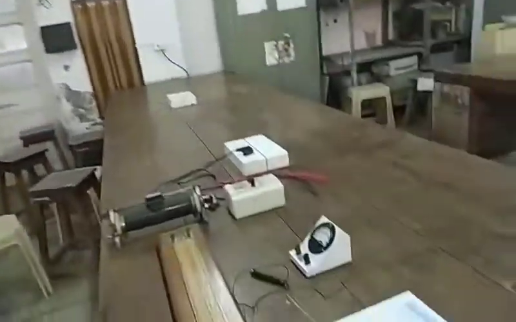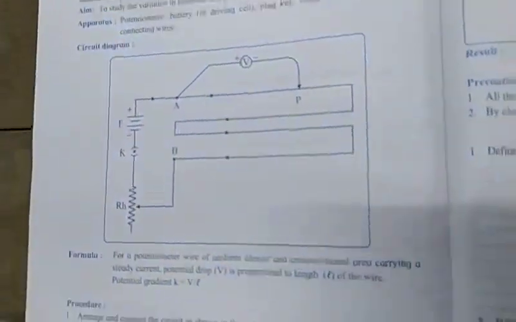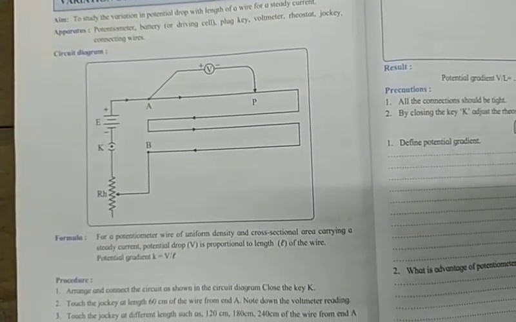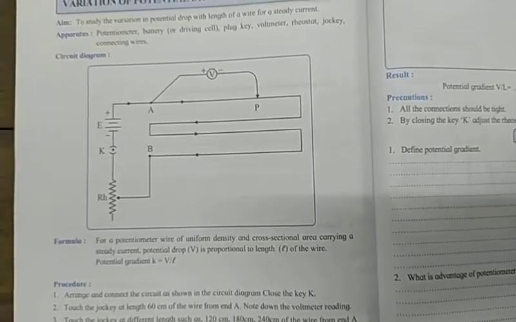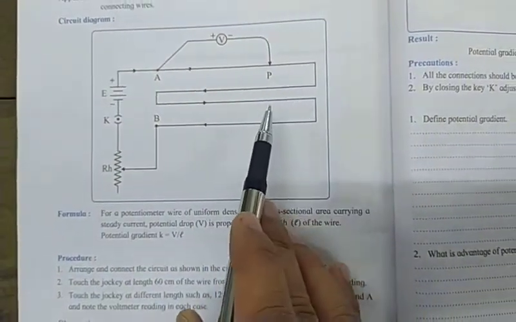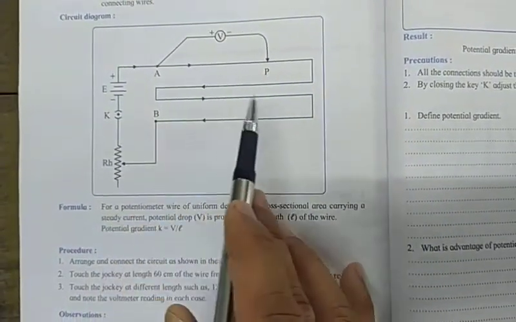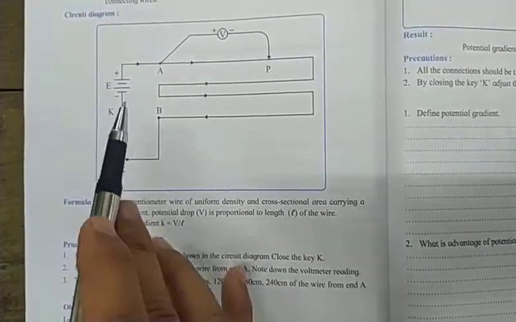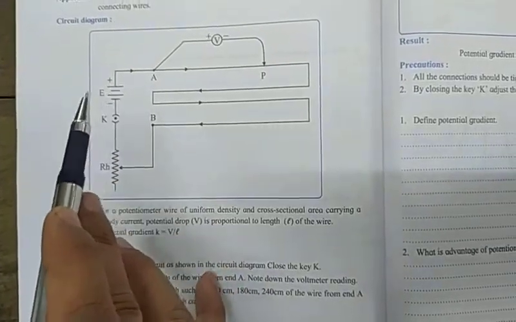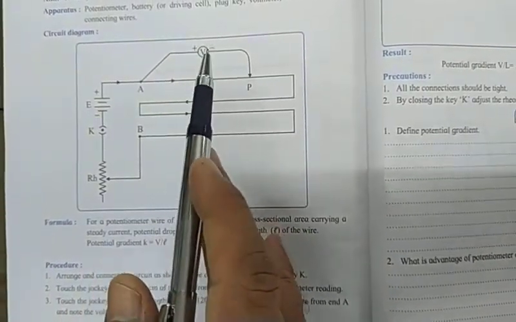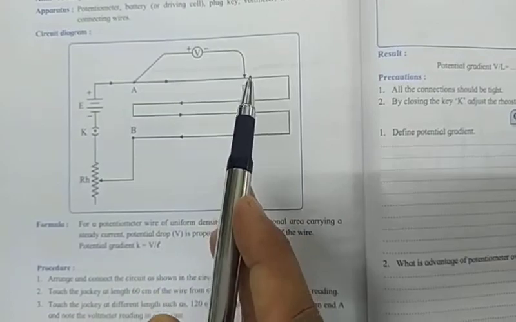Now what I'll do is, I'll first of all have a look at the circuit diagram, which is very simple. Here I find that the circuit diagram contains a potentiometer wire AB. It's a 4-meter length of potentiometer wire that I'm going to use even in the laboratory, and the circuit diagram shows the same thing. The primary circuit consists of a battery, key, and rheostat, and in the secondary circuit we just have a voltmeter with the other end of the voltmeter connected to the jockey.